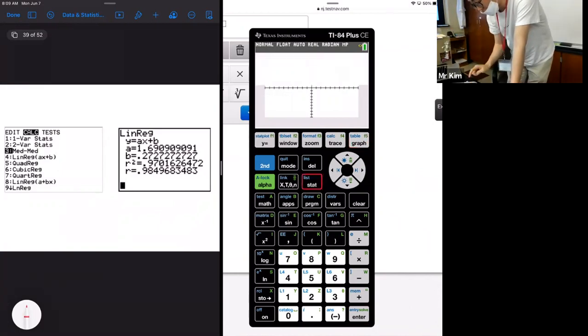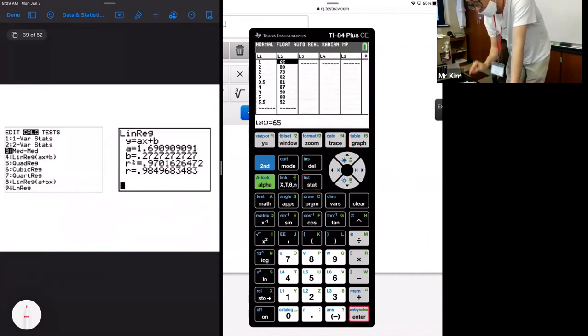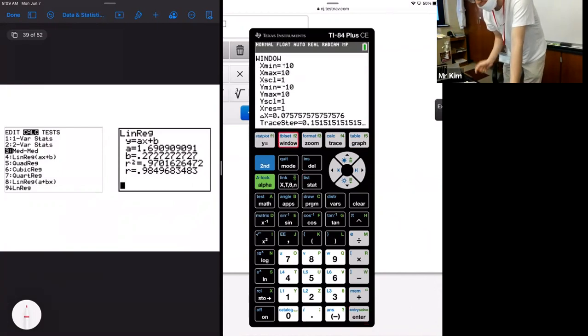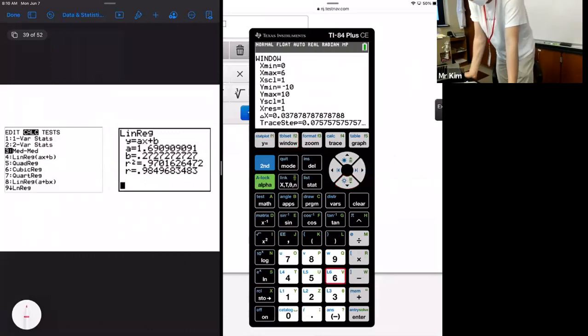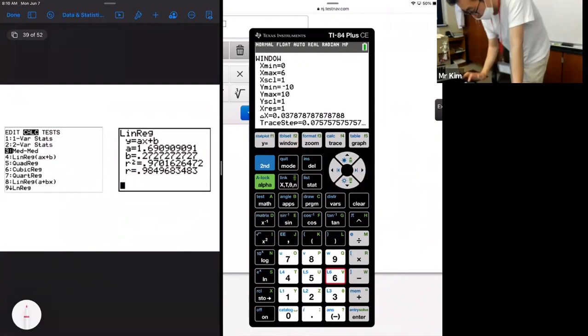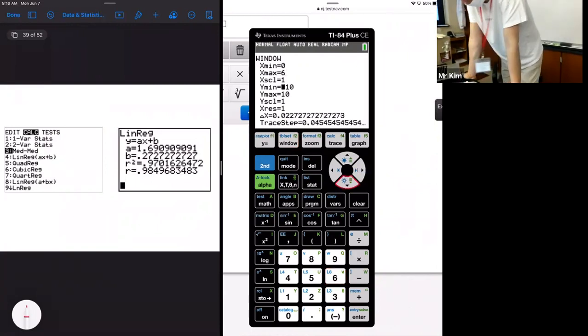So we need to take a look at the data and statistics carefully, and then we'll go to our window settings. We've all done this before for our trig graphs, right? It was really annoying to change the window settings, but we want to make sure that it's appropriate for every graph that we do. So if you guys could just follow along with me, for Xmin, please turn that into 0. And why don't we change Xmax to 6? Because the highest we're going to get up to is only 5.5 anyhow. X scale is 1. That's perfectly fine.